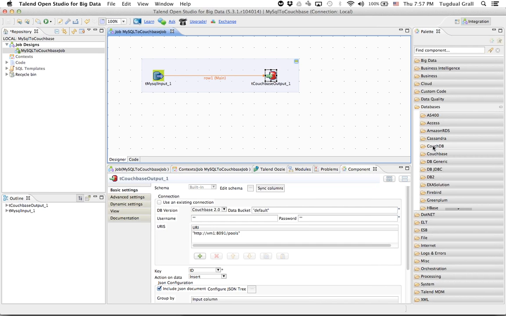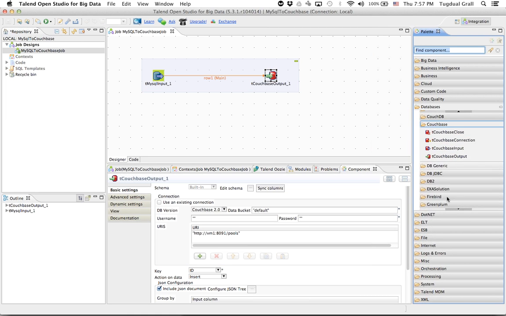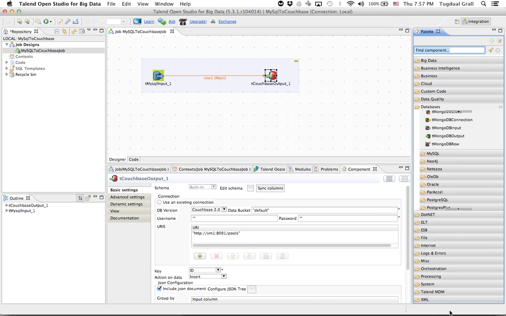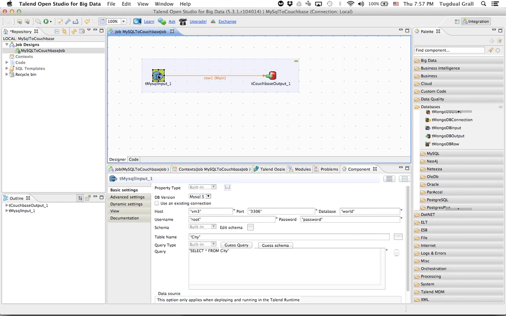So using the different connectors you have inside Talend, you have many, many of them. As you can see, about database, you have many different type of database. You have Couchbase as part of the NoSQL database, and in this case, MySQL. But you can also use that to connect to other kind of system, okay? So I have dropped the MySQL input to input the data in the job and output the data inside Couchbase.